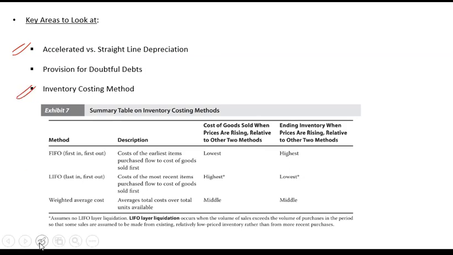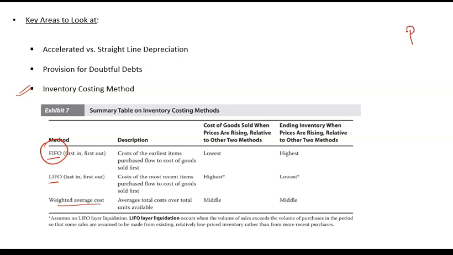Inventory costing method can again have a significant impact on your financial statements. With respect to inventory costing, there can be a method of FIFO, a method named LIFO, and a method named weighted average cost. FIFO means first in first out, that is, whatever you buy first will be sold first. LIFO means last in first out, and weighted average means taking the average of cost. So if you are using FIFO, whatever you buy first will be sold first.